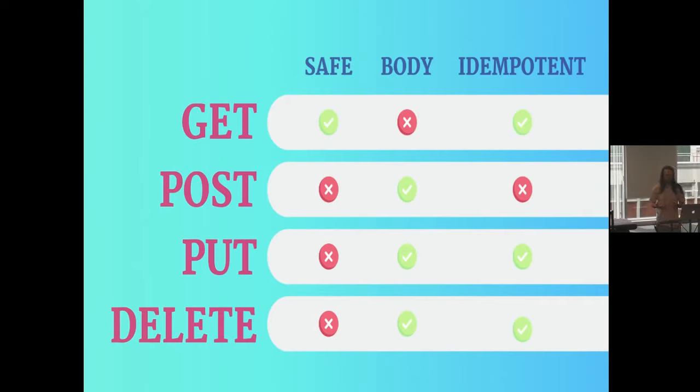If I have an operation which is meant to create a new resource every time, for example uploading photos, where I want to create a new photo resource every time, I should be using post for that, because it's not an idempotent operation. Making that same request over and over will upload the same photo over and over and over. Whereas if I want to replace the existing photo, that could be a different operation, and that would be idempotent. So I would probably use put for that. Both of those operations, posting or putting data onto the server, are really good for body data.